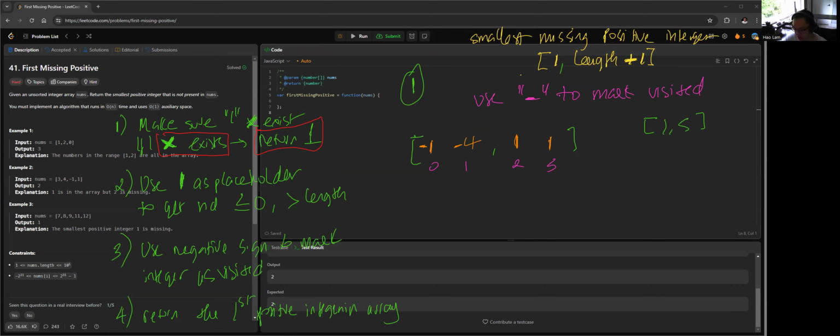So now we just have to iterate from 1 to 3 again. Sorry, 1, 2 to 3, right? So 1 to the length minus 1. Right? So